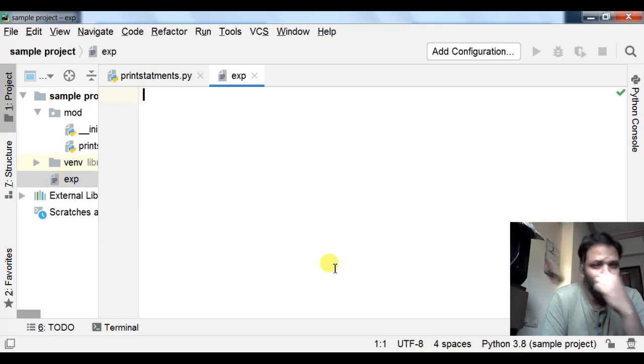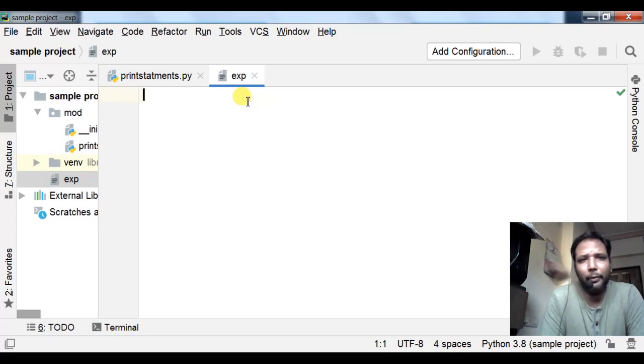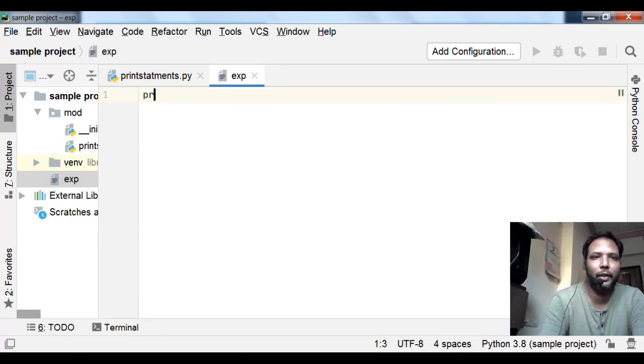While coming to the output functions in Python, we have print. What is the statement? Print, P-R-I-N-T. First, we'll take print with no arguments.